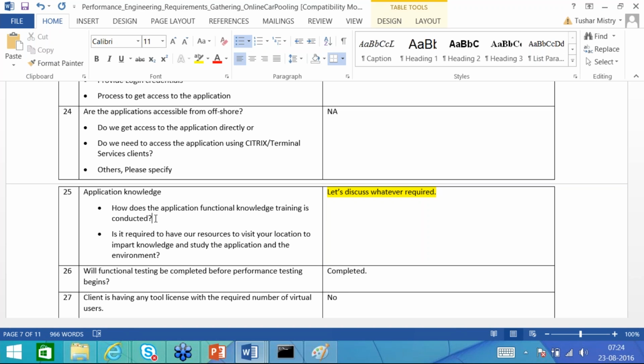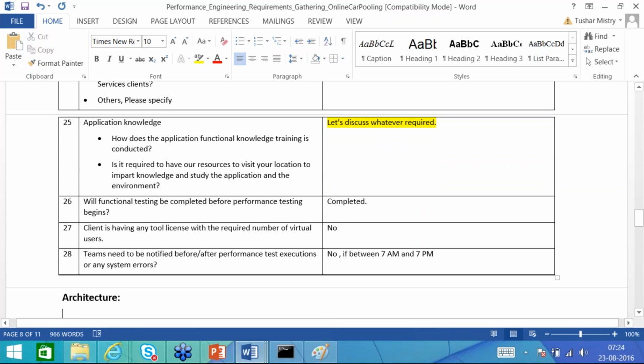We should also understand how the application knowledge is imparted to team members, whether online, through WebEx or GoToMeeting, or your team is sitting next to the application team and you go to their place to get the knowledge. So there are different things regarding application knowledge.